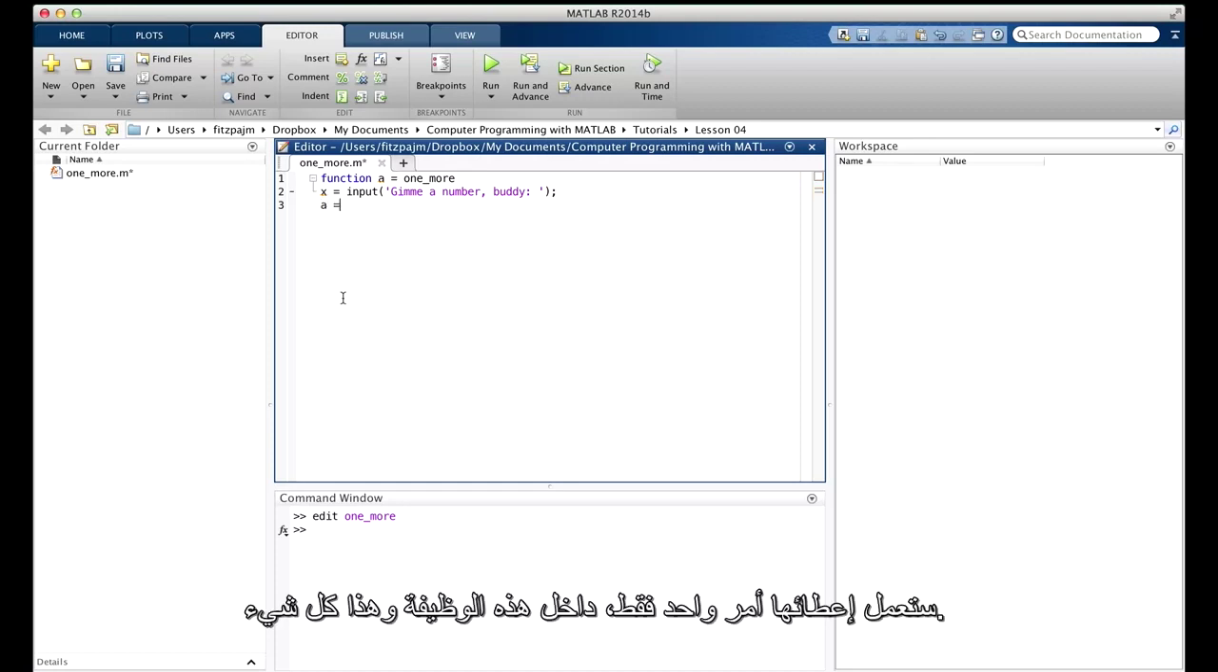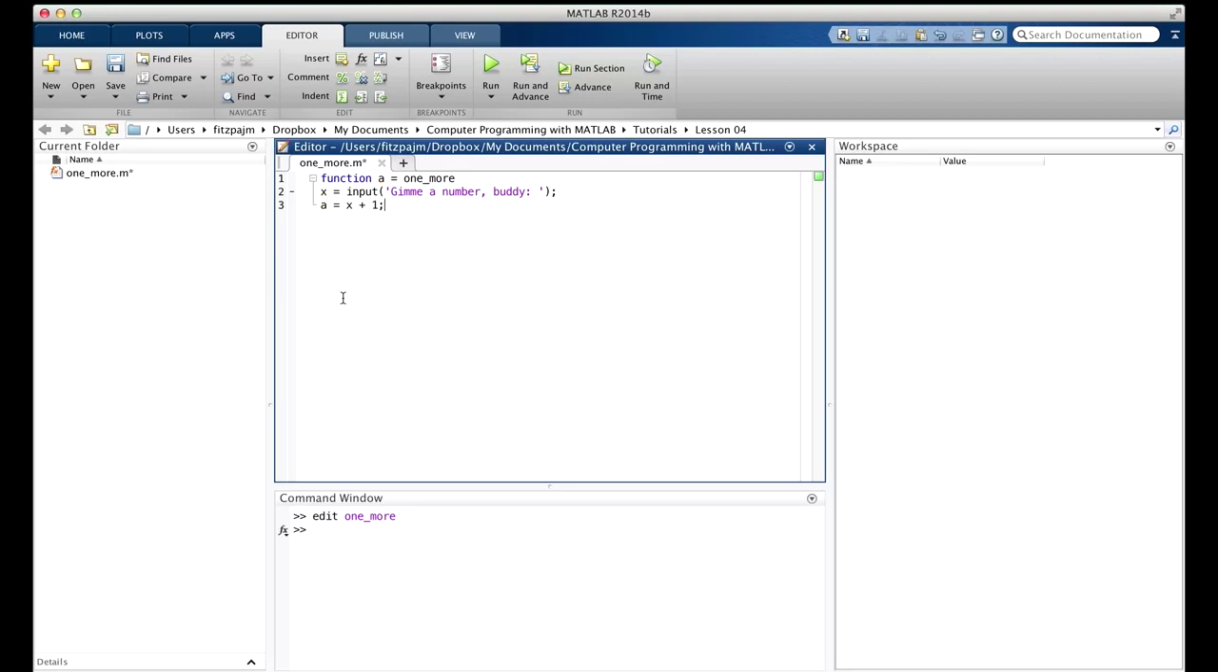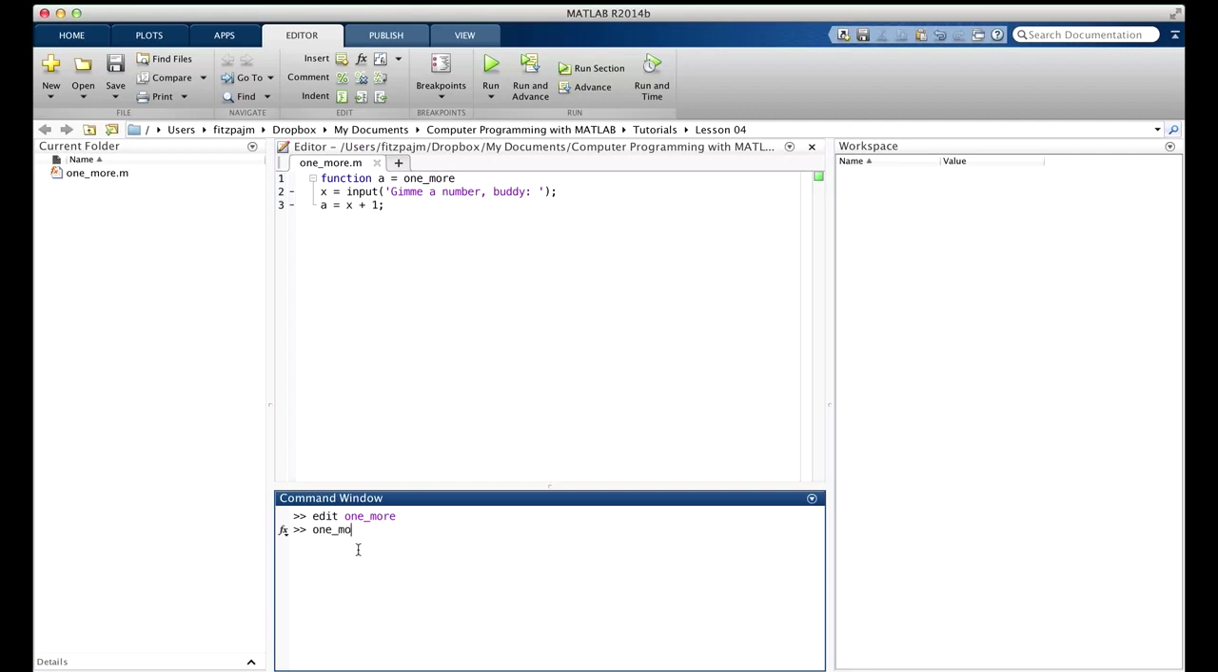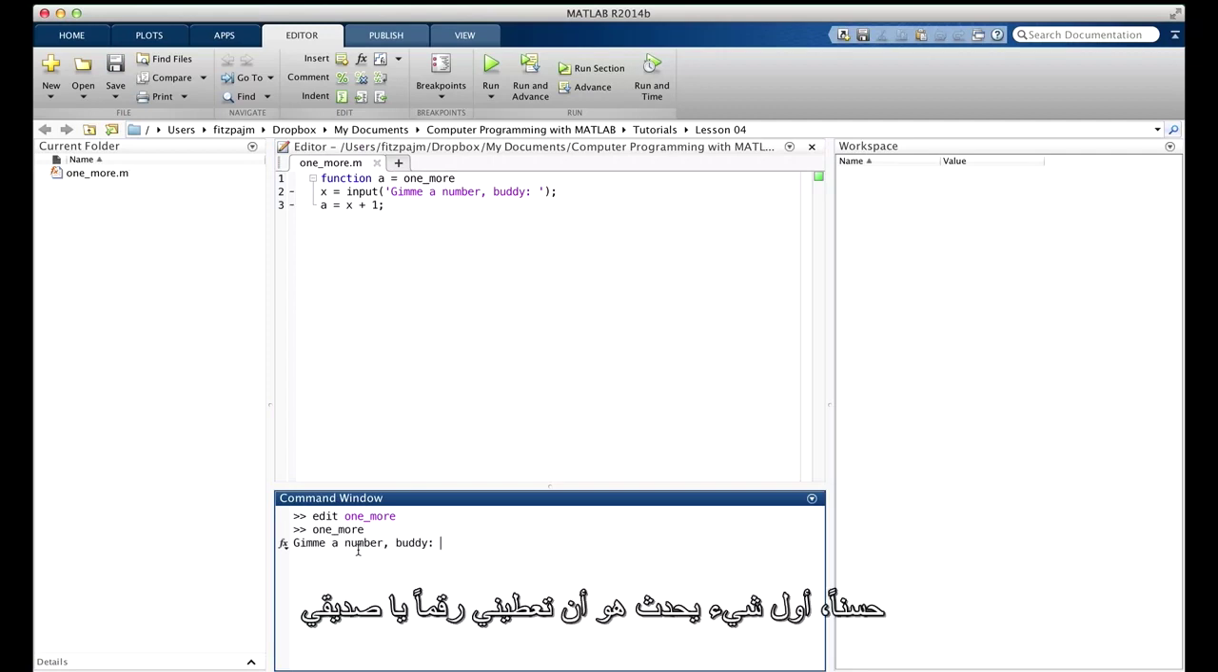Let me give it just one more command inside this function, and that's it. So let's run it and see what happens. Well, the first thing that happens is give me a number, buddy. Prints out. Whatever you put in quotes here shows up first, and then you see this blinking bar, this blinking